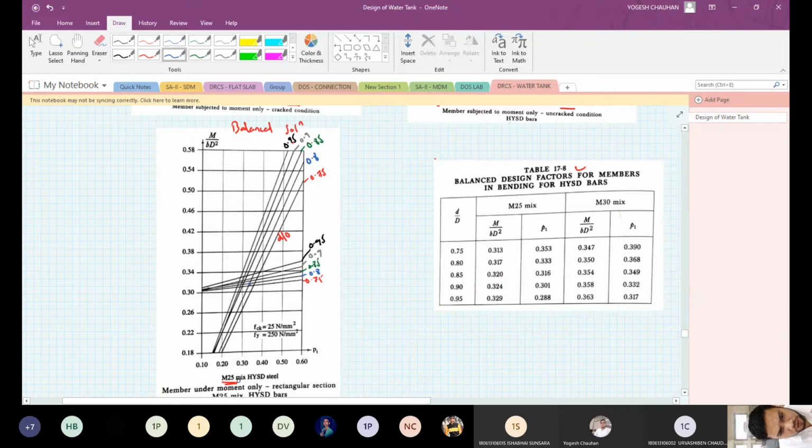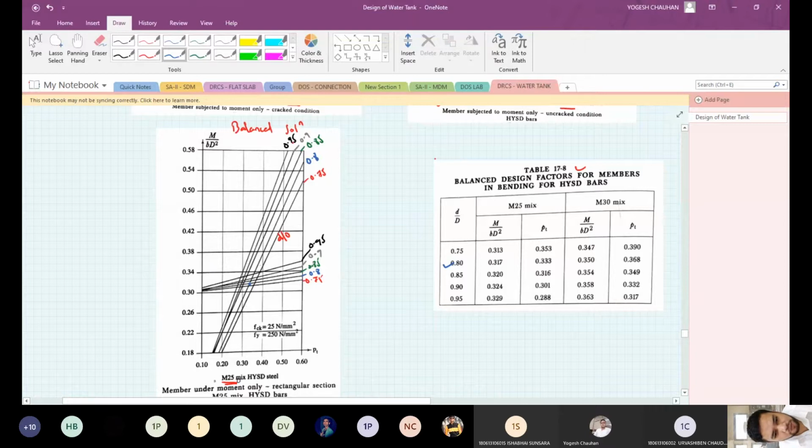If you draw a horizontal line, you will get the M by bd square ratio. We call it Q, so this is your Q value on the y-axis, and on the x-axis you will get the value of pt. The same thing is presented here in tabular form. For d by D ratio of 0.8, the M by bd square ratio is between 0.3